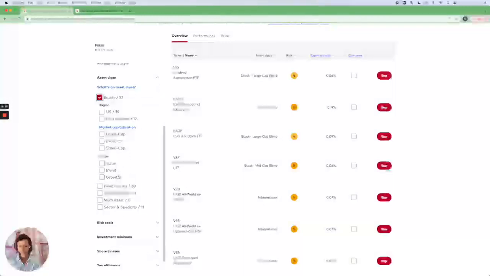So the first one, kind of the broadest, is equity. Again, these are stocks, and you can see here, there's different ways you can search. US or international, market capitalization, this just means the size of the business, essentially. And then value, blend, or growth refers to the type of company it is. If you're ever wondering exactly what that means, you can always just click on this button here. For example, in the way they describe it, value funds are the least volatile. So long-standing companies that use their earnings to pay dividends versus growth funds are kind of like